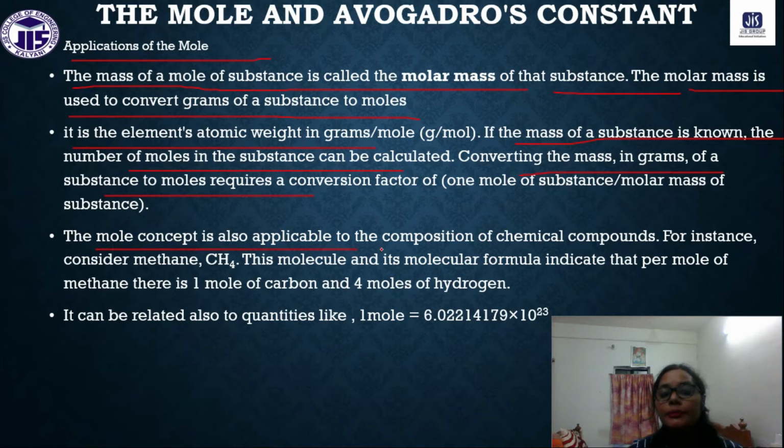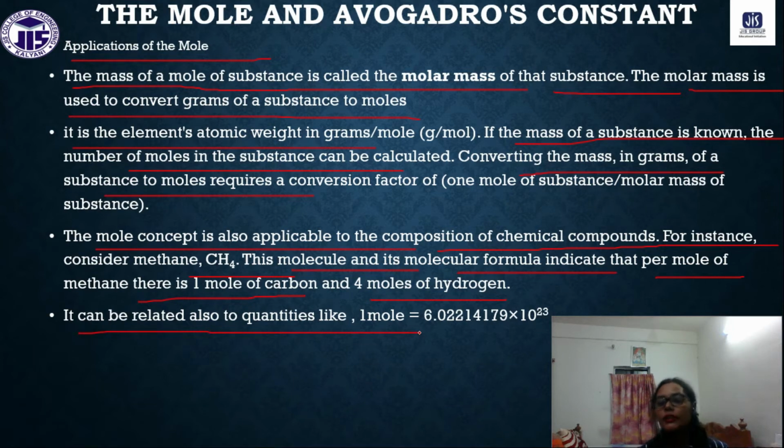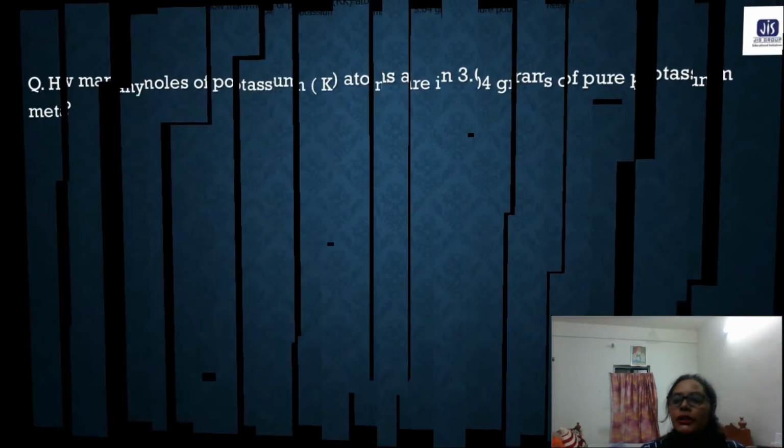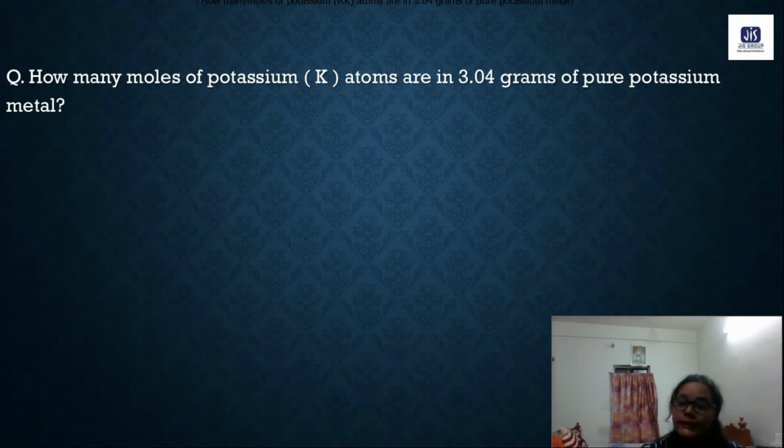The mole concept is also applicable to the composition of chemical compounds. For instance, CH4. This molecular formula indicates that in 1 mole of methane gas we have 1 mole of carbon and 4 moles of hydrogen. It can be related to quantities like 1 mole equals 6.02214179 × 10^23 number of atoms. So from this portion you can have many types of numericals that are very easy and important. If you know how to solve those problems, you can very easily get